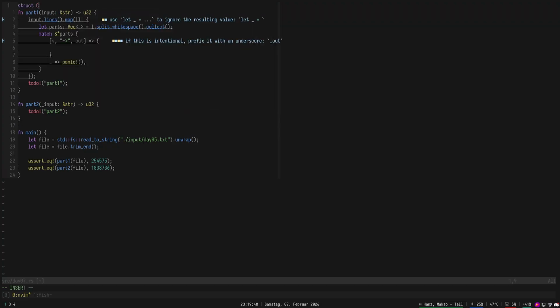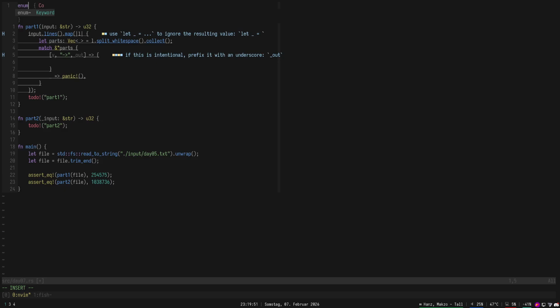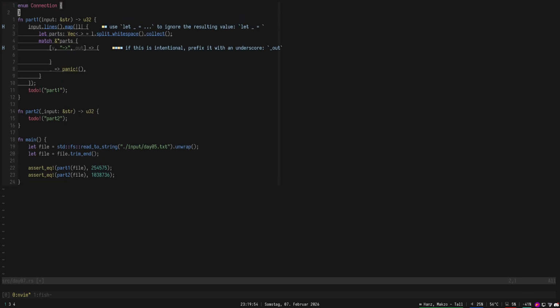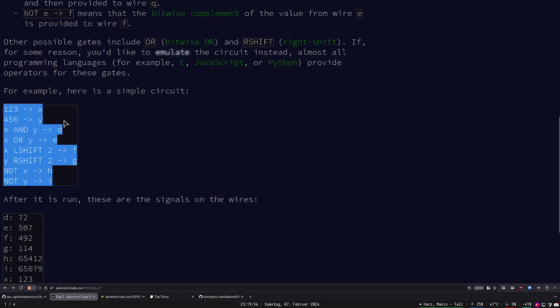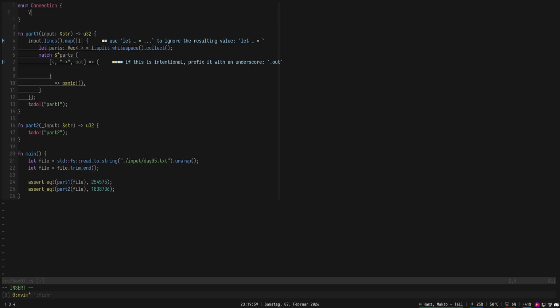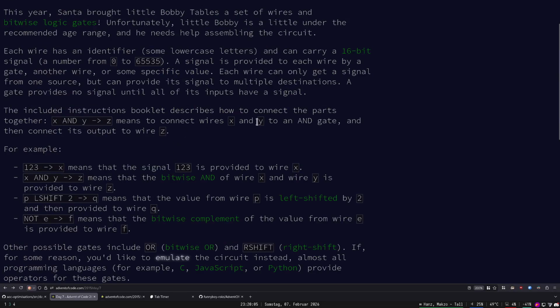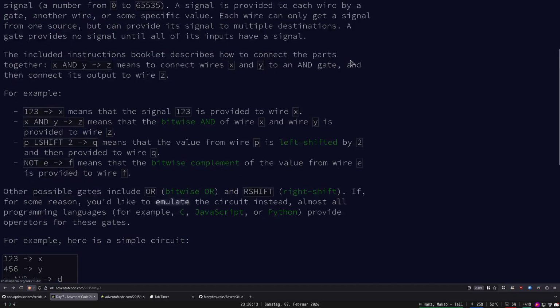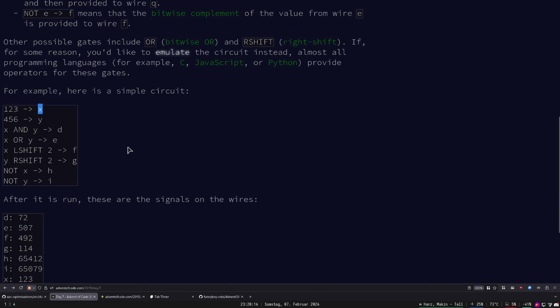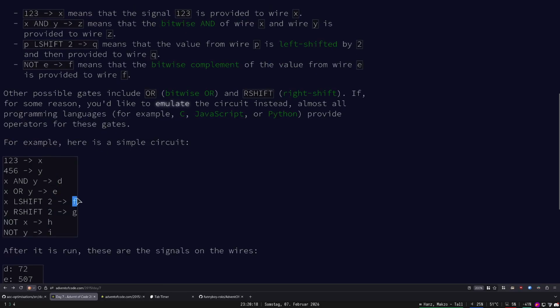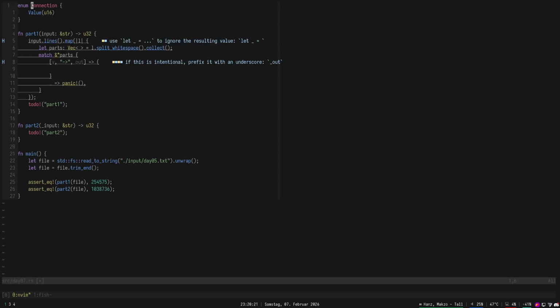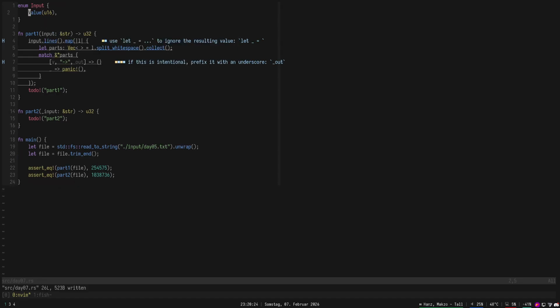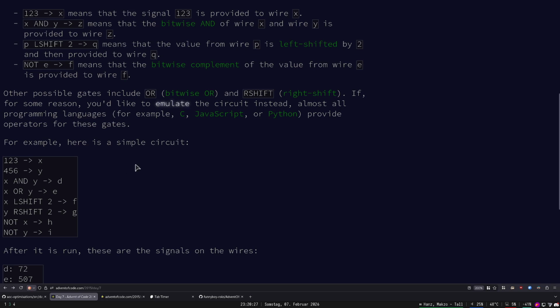Let's create an enum called connection, which is going to be one of these variants. So it's going to be, I guess, just a value, which takes a U16. They said they were all 16 bits. U16, and it gets placed onto a wire. But all of these get placed onto a wire. So I'm gonna say that this is like an input. So you get a single value, or you get